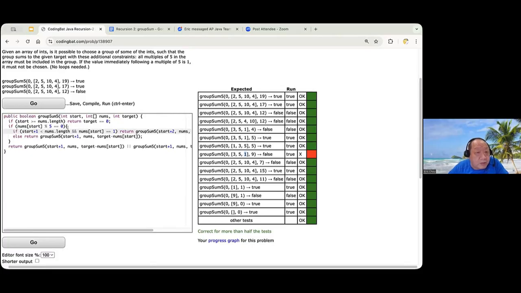Let me check your logic, okay? If start is greater than or equal to nums length and the target equals 0, you return true. If the current one is a 5, this one you don't do else, you don't need to have else. If you don't express it in this way, actually, this one it actually is